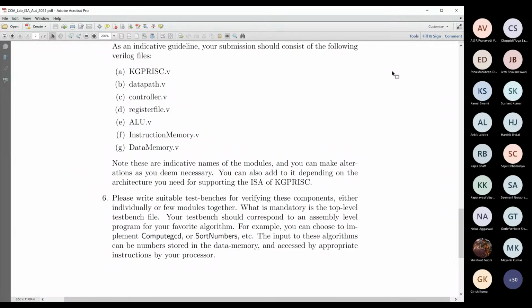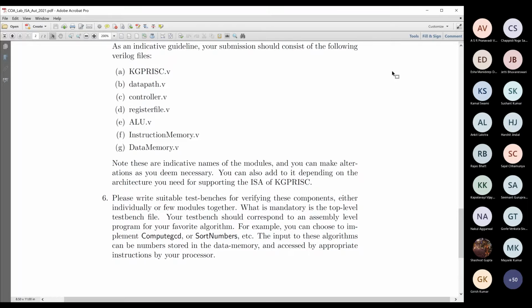Step 6 says, okay, you select an algorithm that you know, okay. GCD computation or sorting of numbers, etc. Now you have done this type of assignments in your MIPS part of the course. Now the question is, this instruction set is not MIPS, okay.